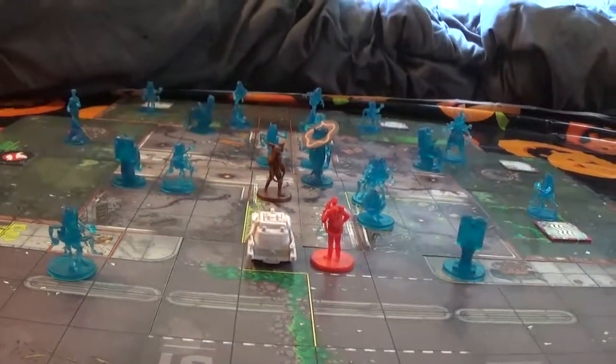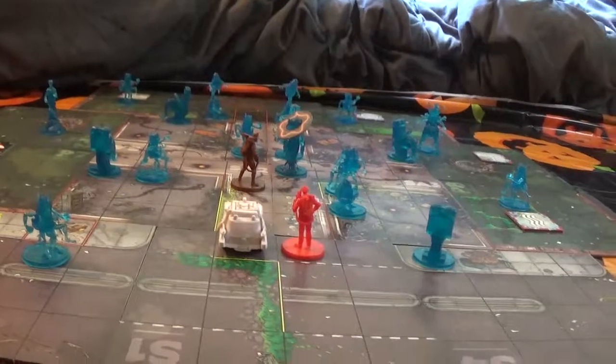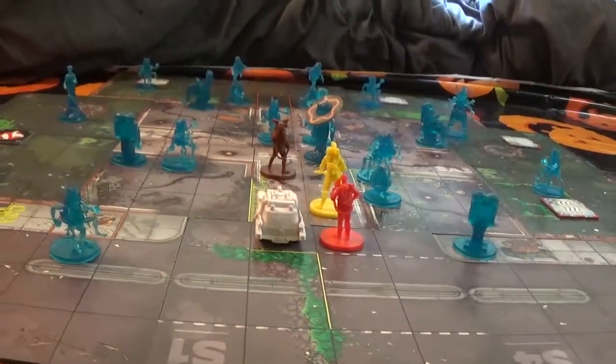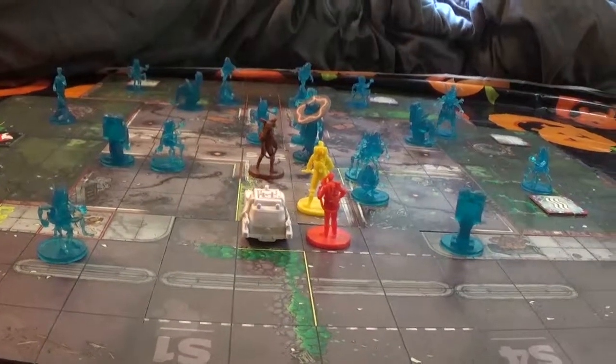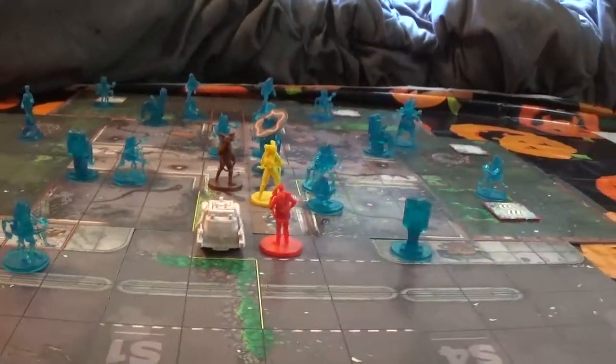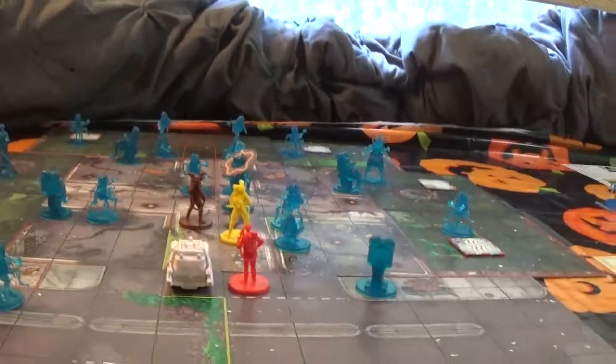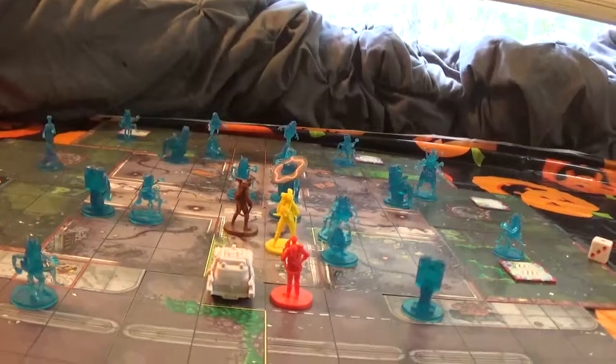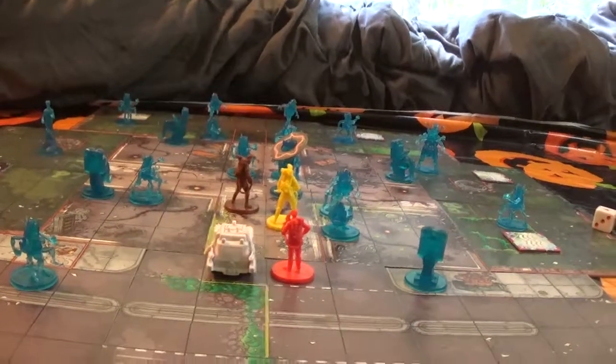Okay, so next up is going to be Ray. Let's get Ray out. We'll move Ray here. He's coming out. We got to move him up 1, and he's going to attack, and he misses. A ghost emerges from Sam Hain